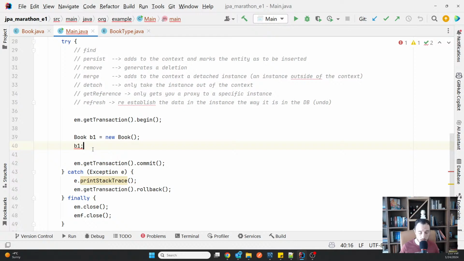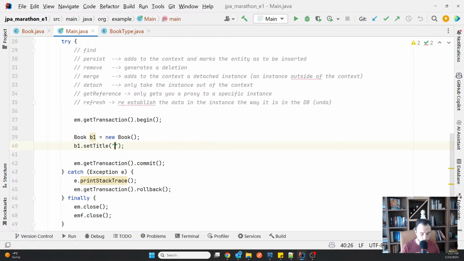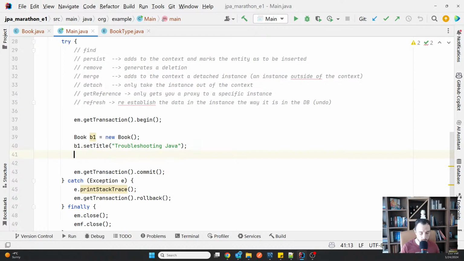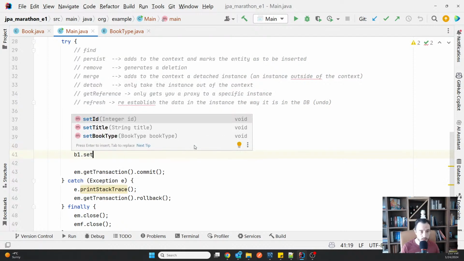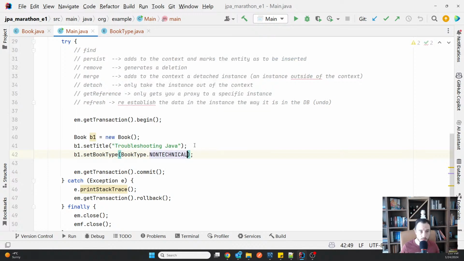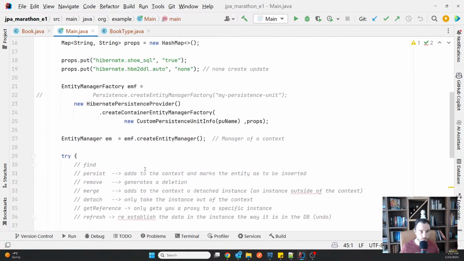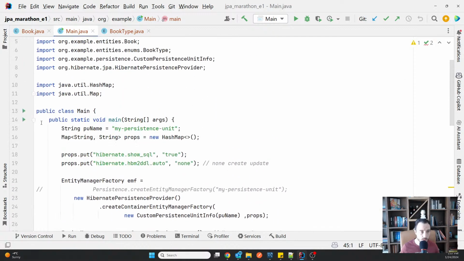Okay, so B1 set title, troubleshooting Java, and then B1 set type, and clearly it's a technical one. Okay, and then persist B1, and let's run it, see what happens.